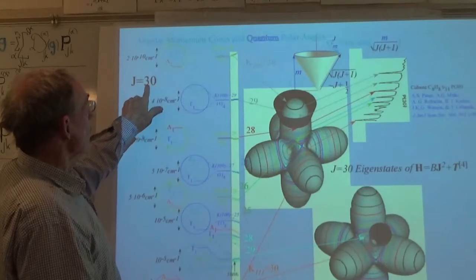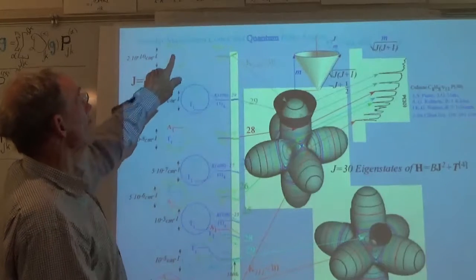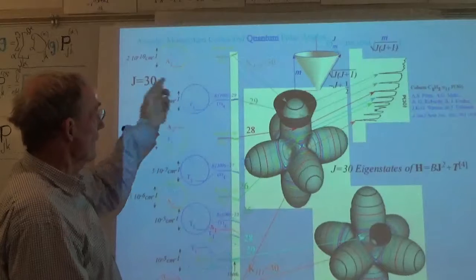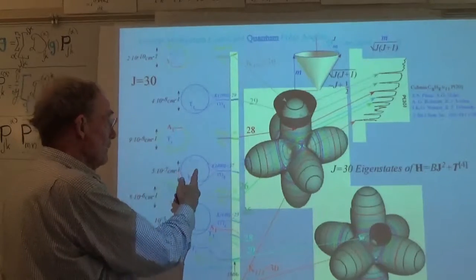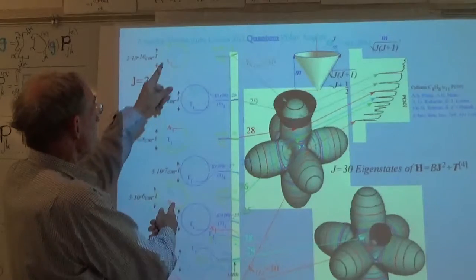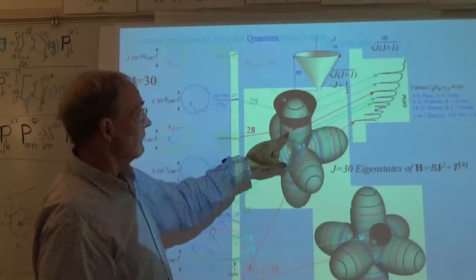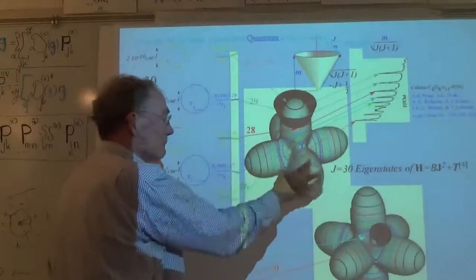It's 28, which is divisible by 4, plus 2, so this is 2 mod 4, and this is 1 less, 1 mod 4, and then this is 0 mod 4. And then this is minus 1 mod 4, and then this is minus 2 mod 4. It's the same as this, and so forth. For each of the levels on these fourfold symmetric fire plug